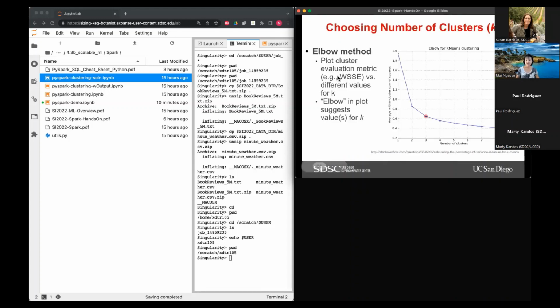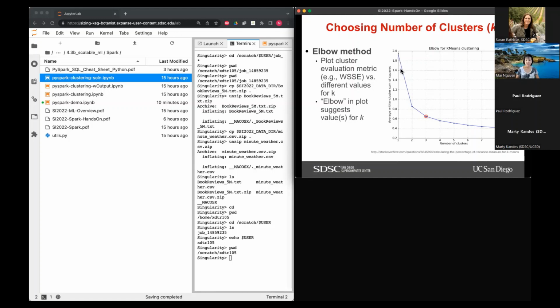For choosing the number of clusters, there are different ways. An easy, commonly used approach is referred to as the elbow method. The way that works is you compute an evaluation metric, in this case WSSE, the within sum of squared error, for different values of K, different numbers of clusters.